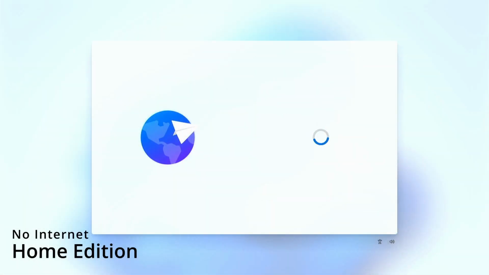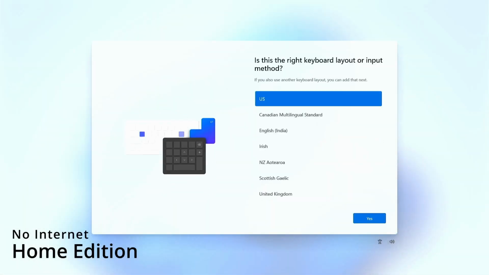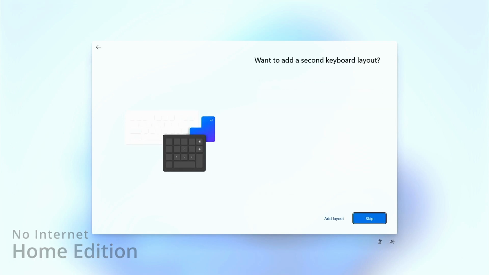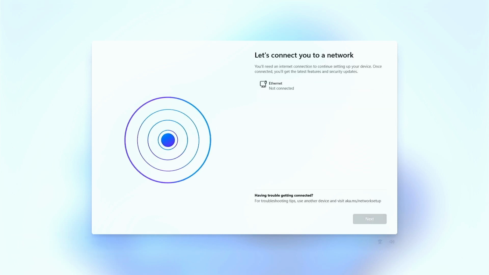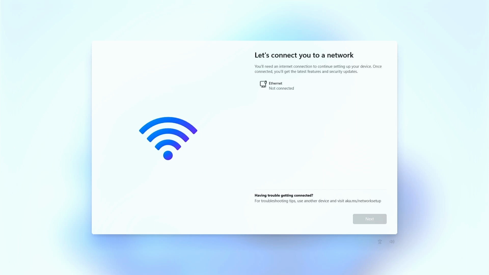This is what you will see after installing a fresh copy of Windows or when starting a pre-deployed PC for the first time when there is no internet connection. This could, for example, be because you didn't connect the cable yet, skip the part of the wizard where you can connect to Wi-Fi, Windows doesn't recognize your network hardware yet, or you simply do not have a network card. As you can see, there is no option here at all to skip this part or to move forward. This means that you are completely stuck with setting up this machine at this point.